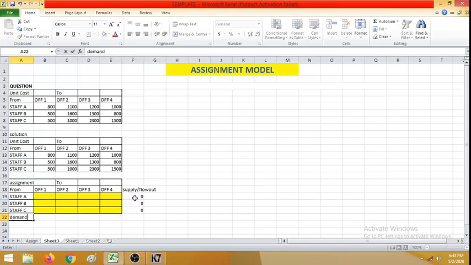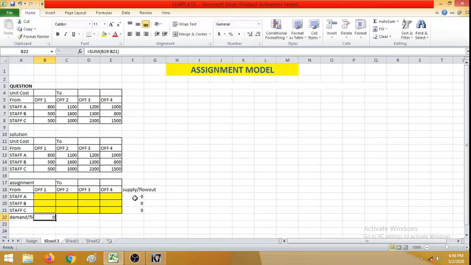Then demand. Demand can also be called flow in, right? So office 1 is going to be filled by either A, B or C. So it is flow in. The formula here is again the sum function, the sum of these three cells.